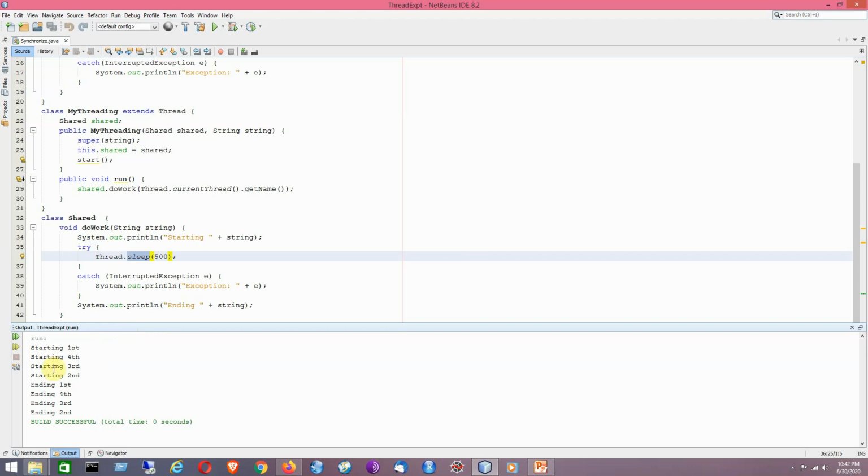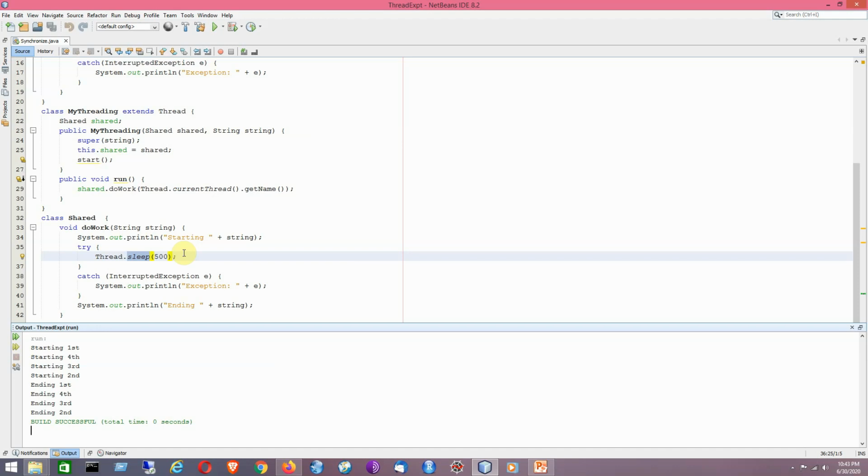Now you can see the effect of it. A particular thread may have started its execution, but it will not get its chance to finish. So there lies the problem. That means it is causing problems for multi-threaded applications.